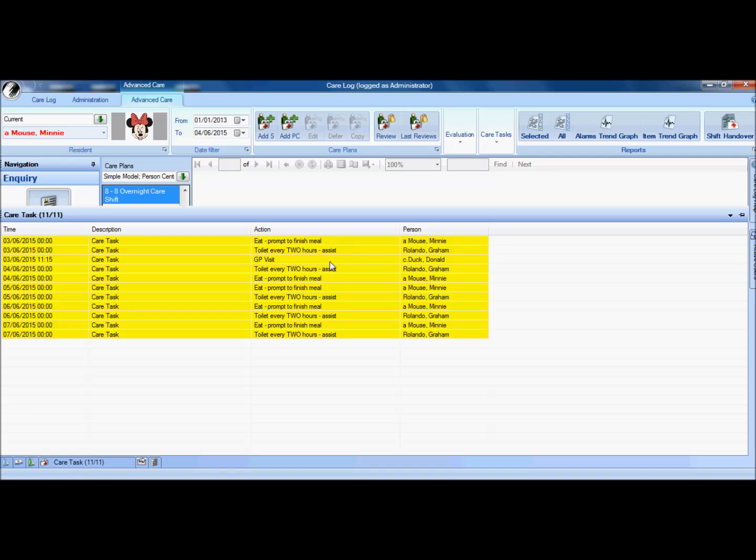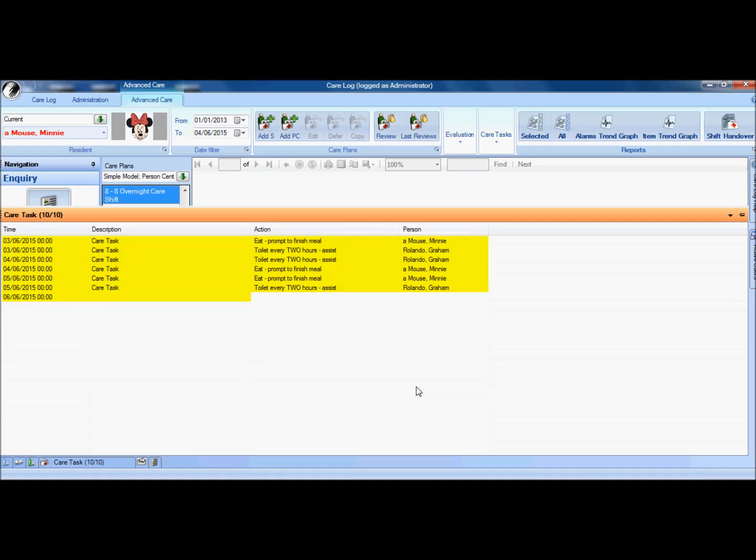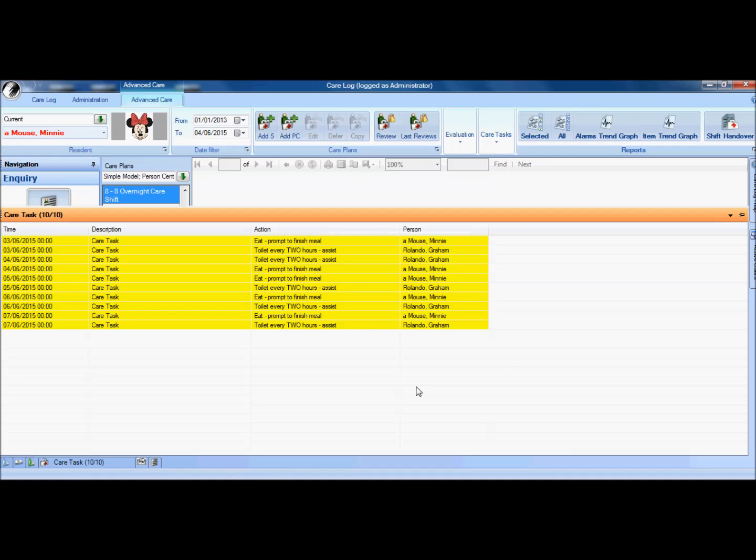Notice as well we have Donald Duck here as a resident, and he has a GP visit happening today. So if I click on that one there, it then shows me the details of that GP visit, and also confirms the fact that we need to take a urine sample with us. I have the status then, which is, is that still outstanding or has that been actioned? Well, let's say it's been actioned, and then we can say OK to that, and therefore that care task drops